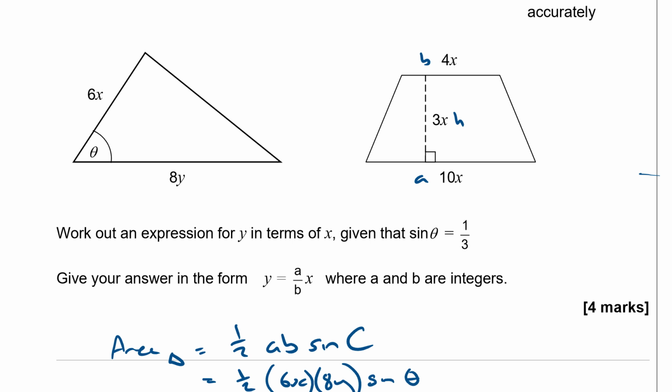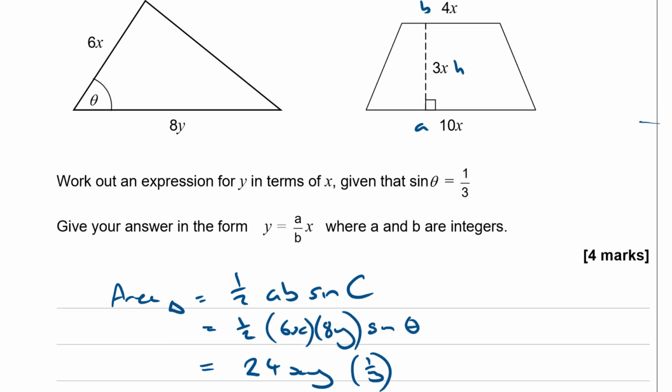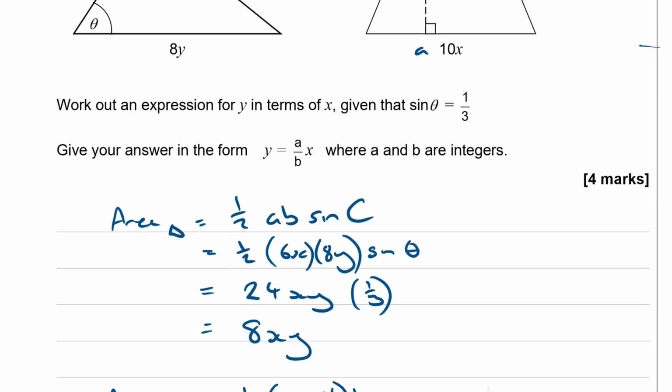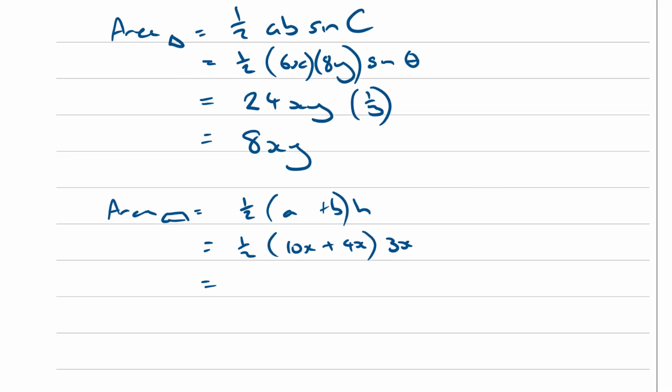So a is 10x, b is 4x, and h is 3x. So that's going to be half of 10x plus 4x times 3x. Is that right? Yeah. So 10x plus 4x is 14x, divided by 2 is 7x, and times by 3x is